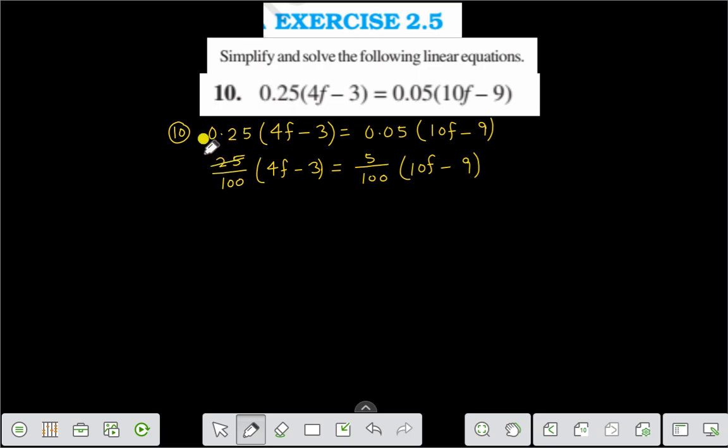On dividing 25 by 25, 25 fours are 100, and 5 by 5, 5 twos are 10. Therefore, we are getting 1 by 4